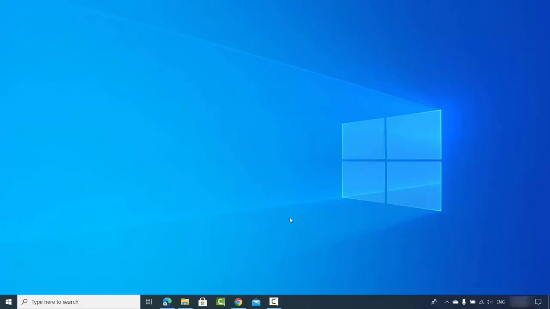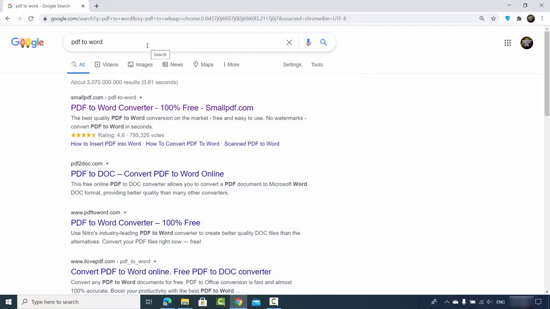Okay, now let's say for some reason you don't have Microsoft Word on your operating system. So you don't have Word and still you want to convert your PDF files to a Word document. What you can do then, you can search online. So just open your favorite browser and search for PDF to Word, and you can see different applications which are available online which will help you to convert your PDF files to a Word document. So I will just click on the first result, which is